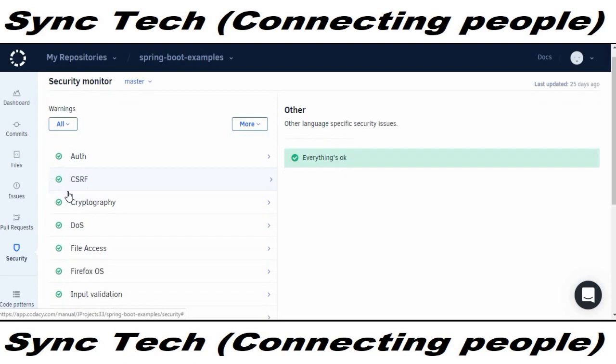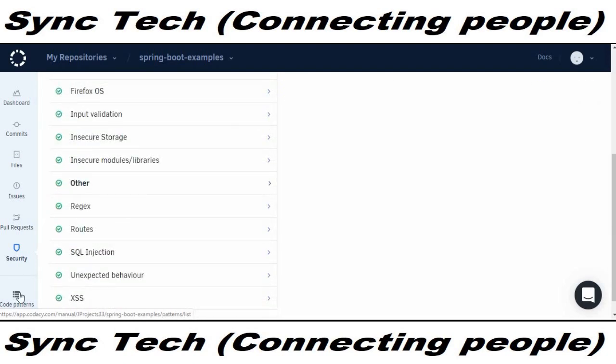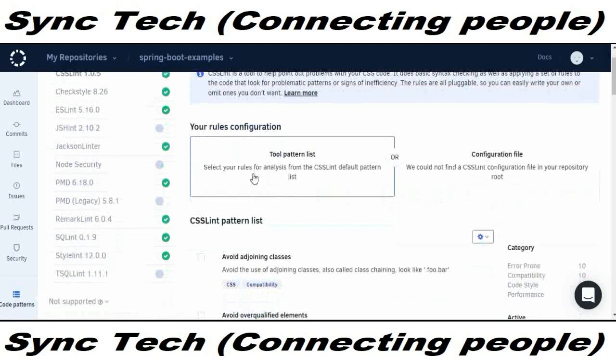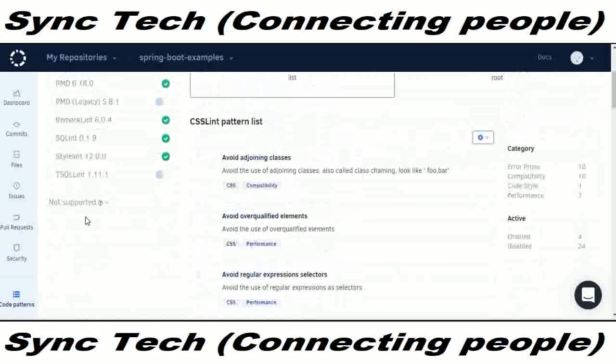So after this, we will be going to the code patterns, where you can enable or disable the particular pattern for your code evaluation. So you can see that this supports different kinds of coding patterns. You can see it shows CSS Lint, Checkstyle, ESLint, JSLint, Jackson Linter, and Node Security, PMD Legacy, Remark Lint, SQLint, Stylelint, TSLint, and you can also enable the other things as well, like